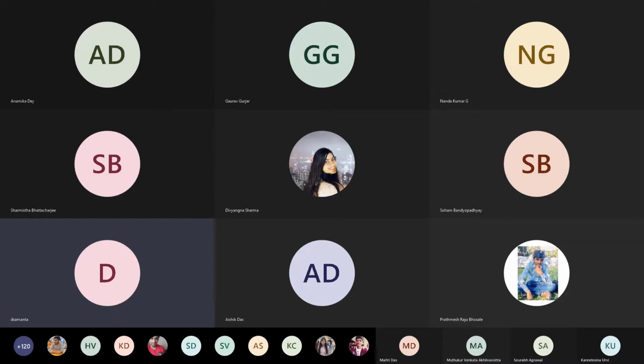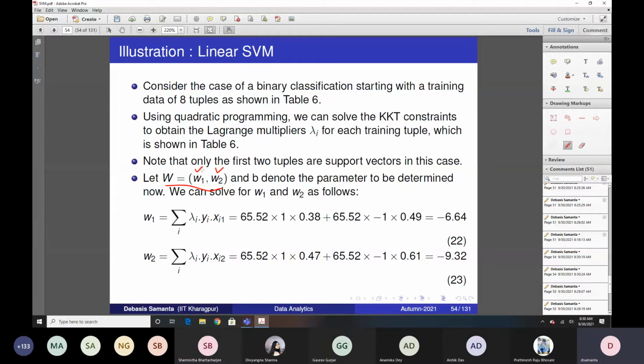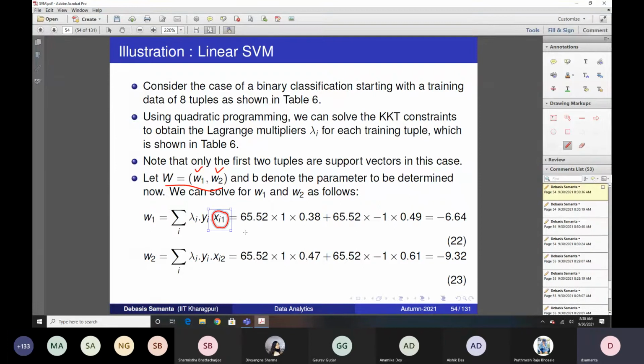and W2. That means two unknown values are there. Now here W1, if you see, we take for each test vector the first component. So it is a test vector for which xi1, that means it is the first component of the first test data, right? And the lambda i is for which we know the constant. So we have only two equations that we can obtain, W1 and W2, considering the first component and the second component. So this will give you the result of W1.